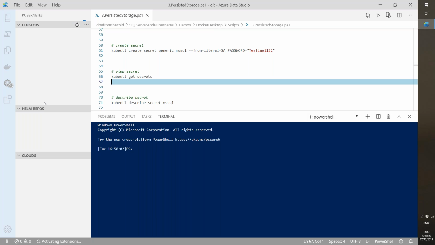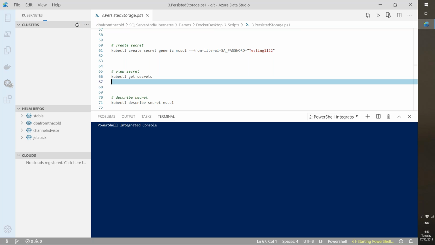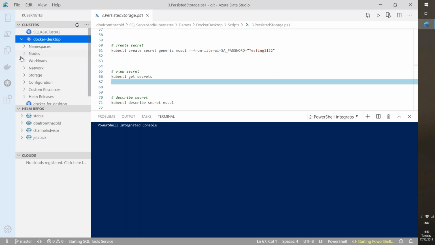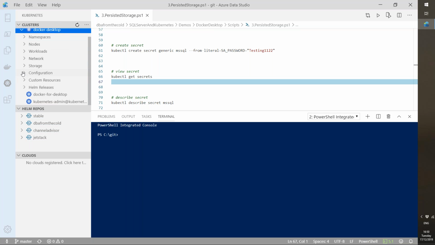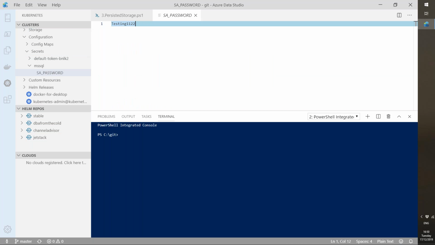Oh, for some reason, I can't seem to view my Kubernetes cluster in Azure Data Studio. But what you can, oh, hang on. There we go, okay. We have our Docker Desktop there, and I can come down to configuration, secrets, MS SQL, and there's my SA password, and boom, there is my value.